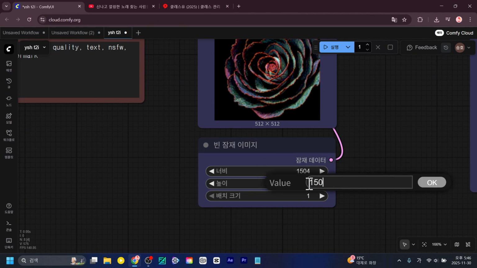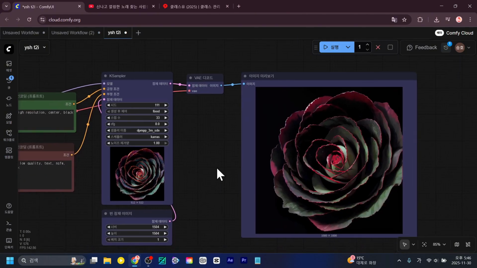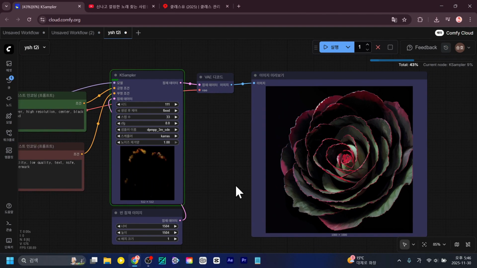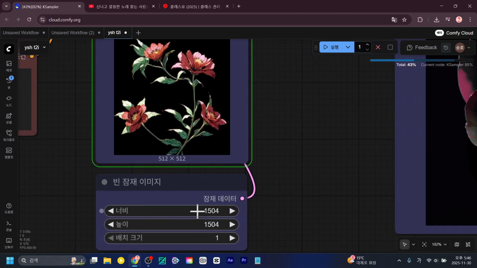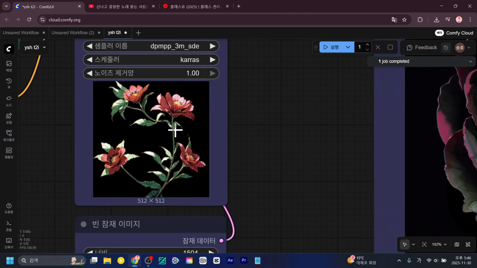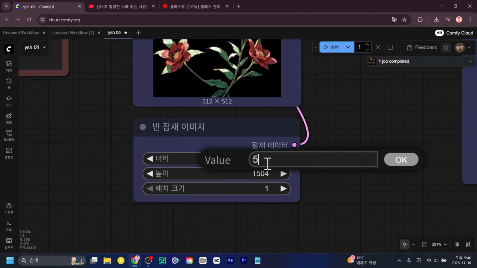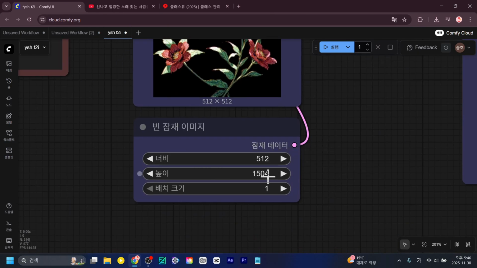then what kind of problem does this cause? Let's say the AI learned an image at 500 pixels. Now, if you set it to 1500 pixels, since the size has increased, it's as if the AI thinks it needs to create multiple images at that size. So if you imagine a single flower at 500 pixels, at 1500 pixels, you end up with several flowers appearing in the image. That's right. This is how you lose control over the output. Shall we go back to 500 pixels? Then of course you'll get a single flower.